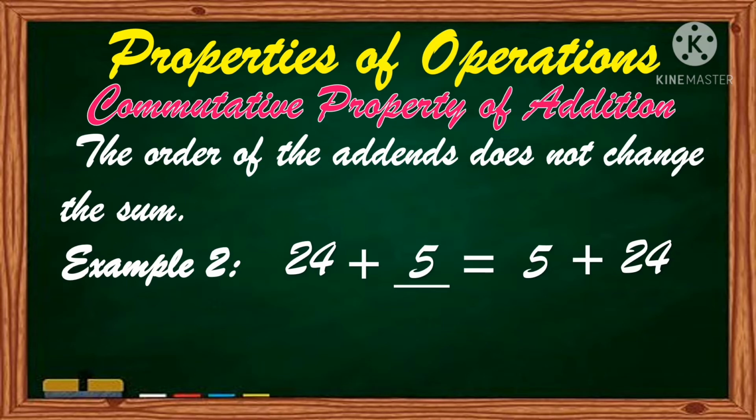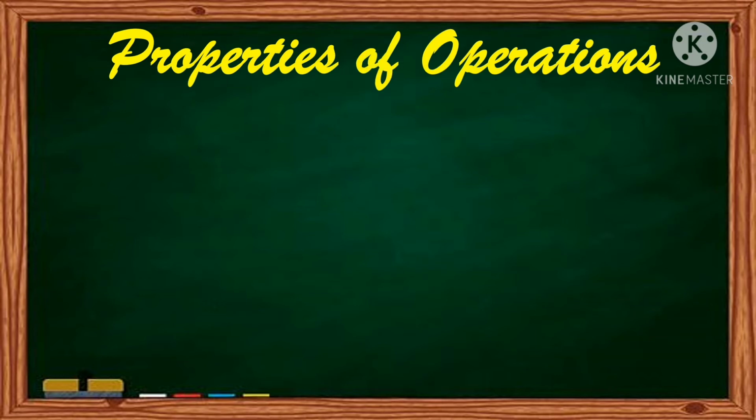Very good, 5. And let us do the process. 24 plus 5 equals 29. 5 plus 24 is 29 also. And that is the commutative property of addition. Next property of operation that we have is